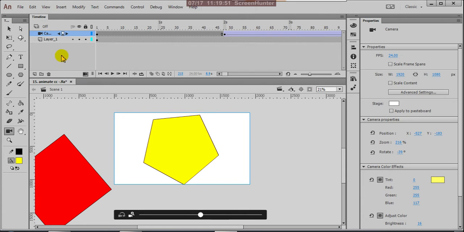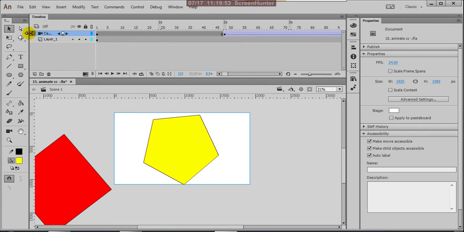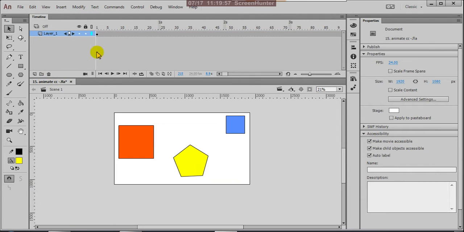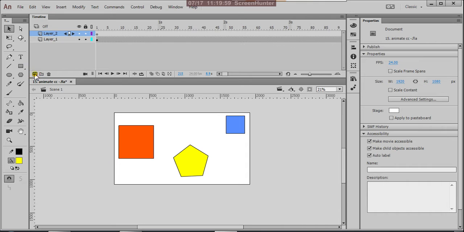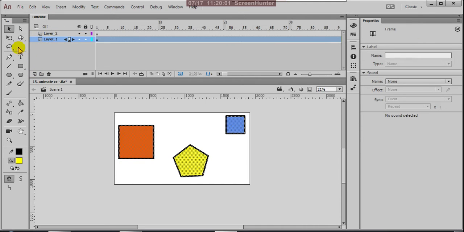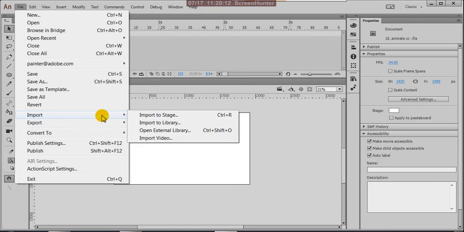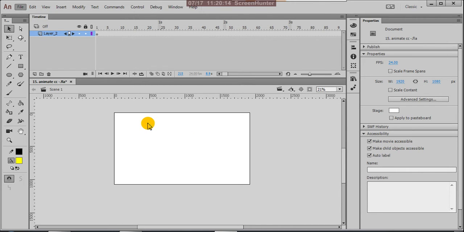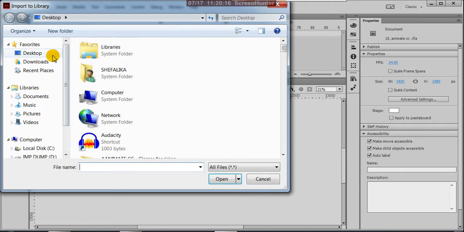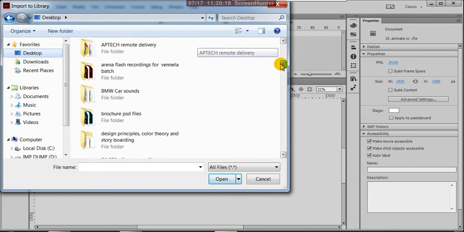Okay, suppose here, what we do, same thing, I'm deleting this layer also. Now on a particular picture we are observing. So open file and import to library. Find your image from the desktop.